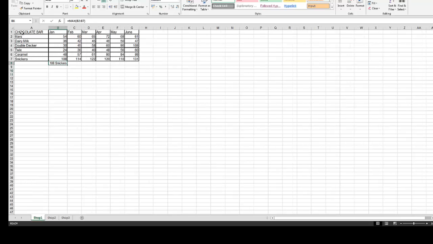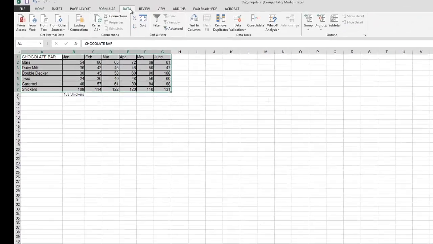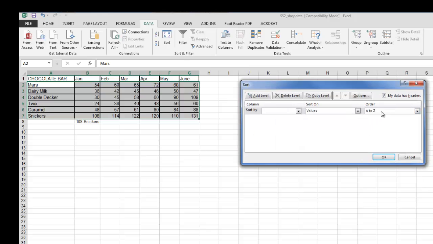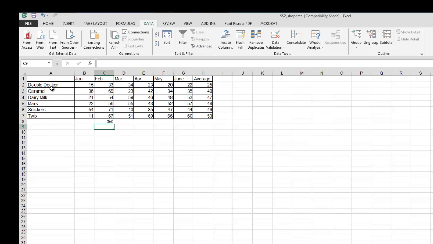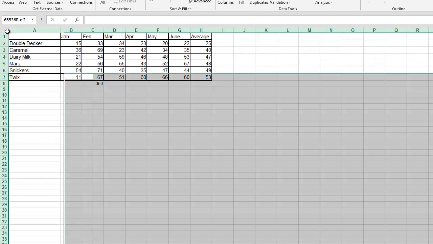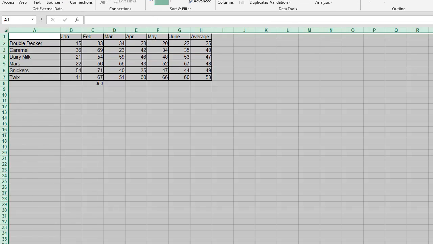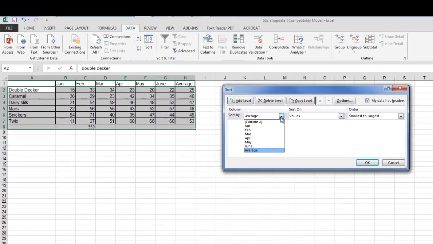Let's just check our data and do data sort. Make sure our data has headers. I'm going to sort by chocolate bar A to Z. Okay, caramel, and we do the same to make sure that it's all the same. Sort header, we're going to find